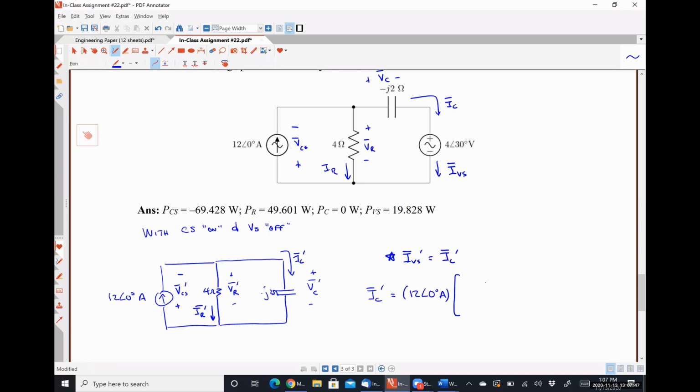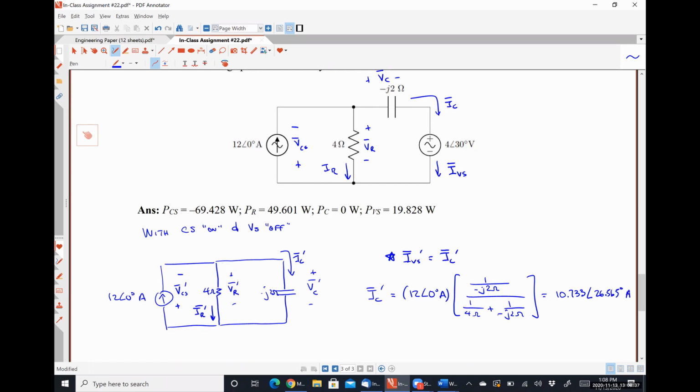So the current through the capacitor is 1 over minus J2 ohms divided by 1 over 4 ohms plus 1 over minus J2 ohms, which is going to give me 12 angle 0 times this fraction, 10.733 with an angle of 26.565